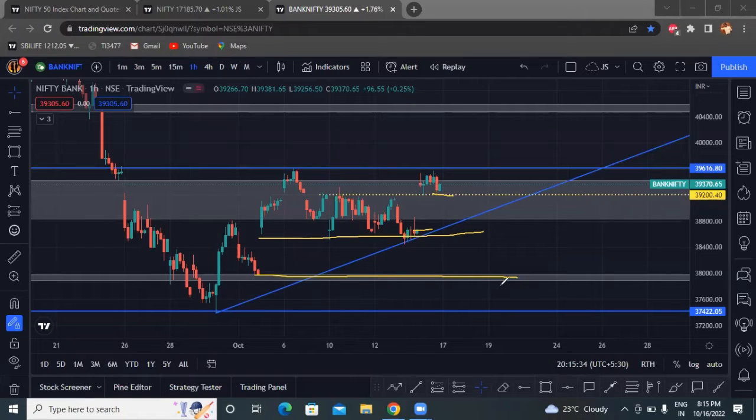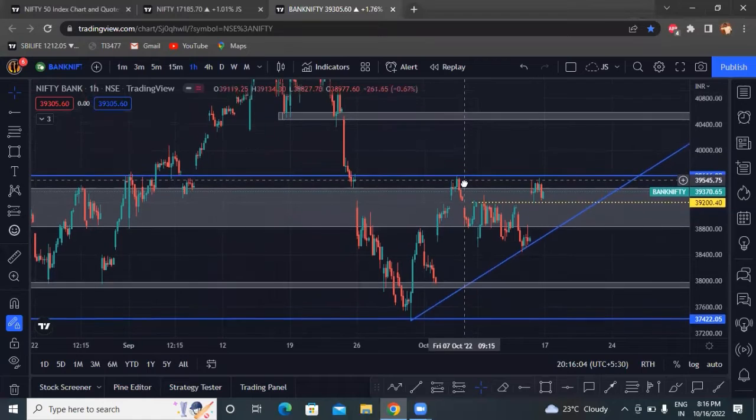The maximum downside momentum possible is till the 38,000 level. If it shows any further downside momentum, then we can discuss it in the next video. As of now, we can see the downside momentum is still here. Now similarly, if we get any breakout to this region, if we get any breakout candle closing above 39,616, you can see the price level here as well. If any candle closes above this level, then we can manage to go till the 40,500 region here, which I have